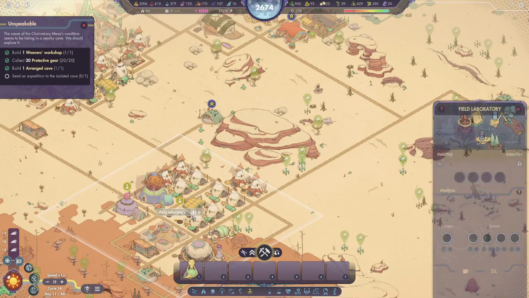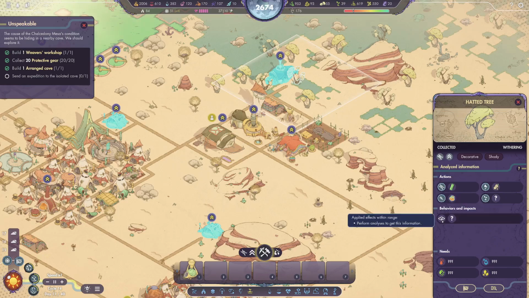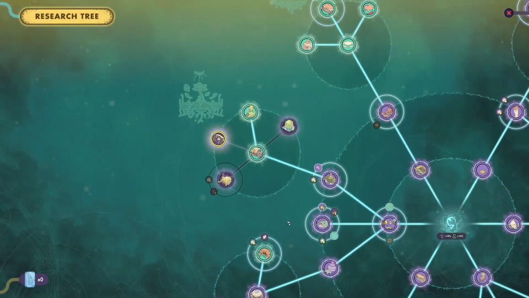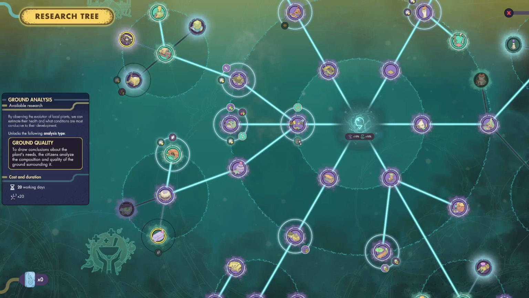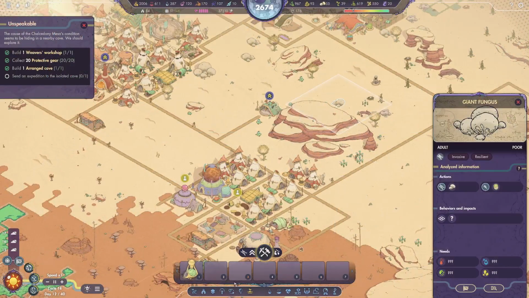I know there's ways to do research to show you behaviors and impacts. What did we have? Did we get access to those? I feel like we might have. Analyze the plant's surroundings, understanding how they affect each other. Plant's needs. Okay, so I think we'd have to do ground analysis to be able to know what level of